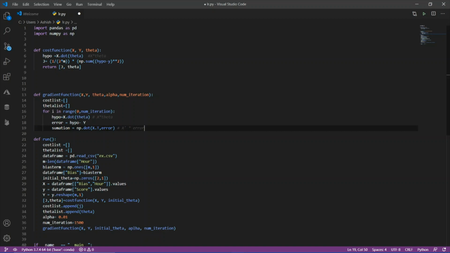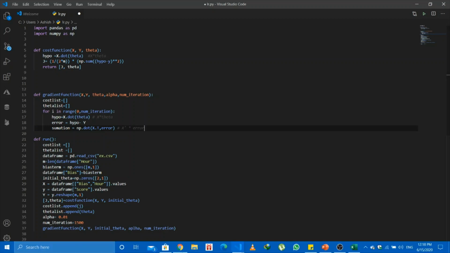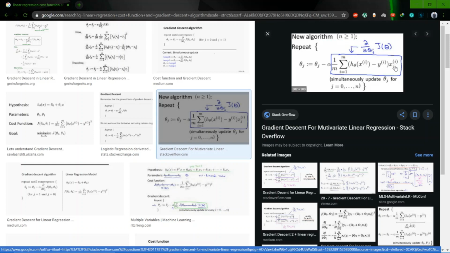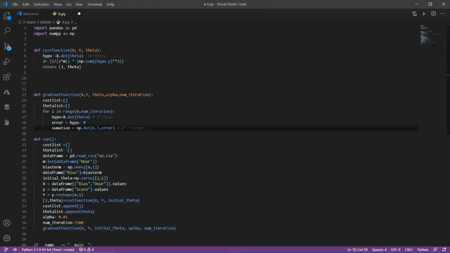Don't get confused with this dot transpose. I did this dot transpose in order to arrange the dimension. In the formula, we have summation error multiply x, but over here in the calculation I wrote first x transpose and multiplied with error. This is basically to rearrange the dimension, nothing else, so don't get confused with that.